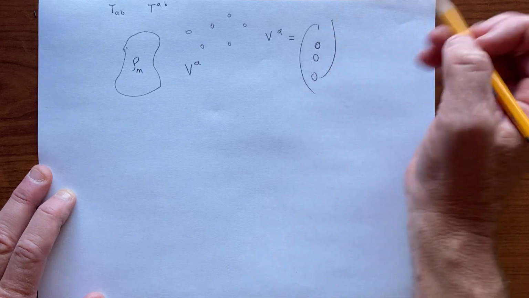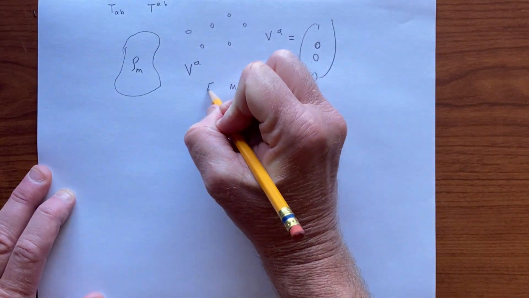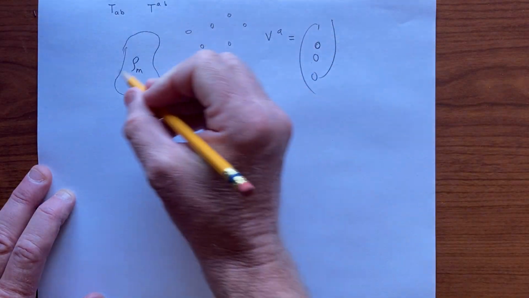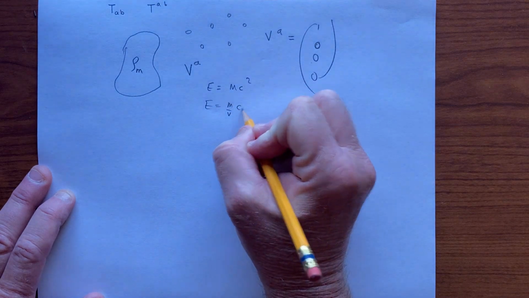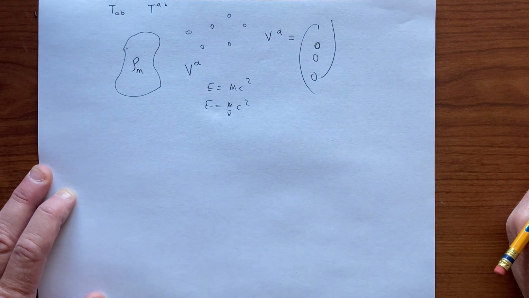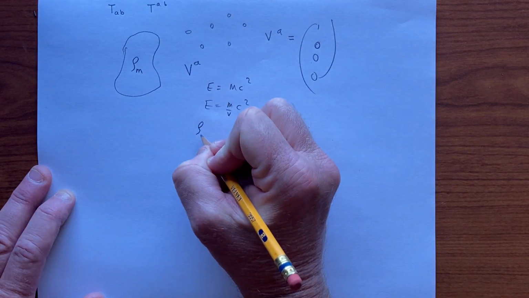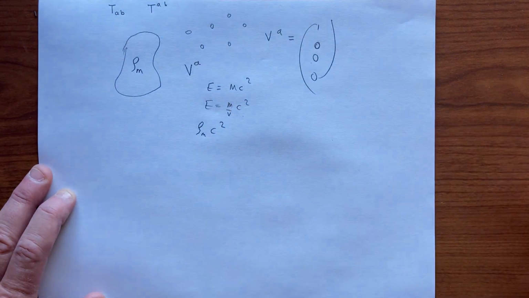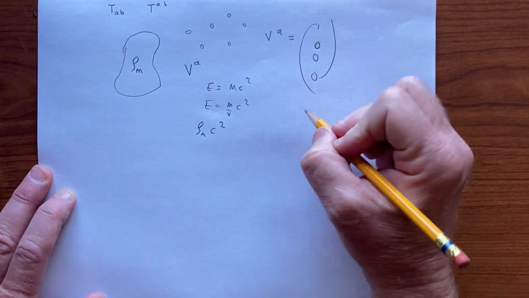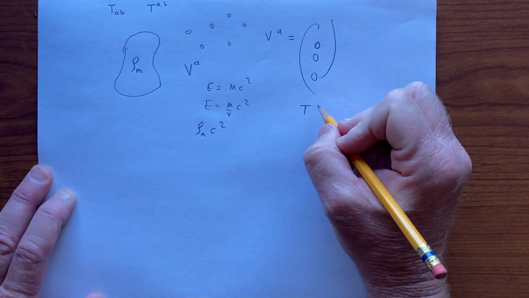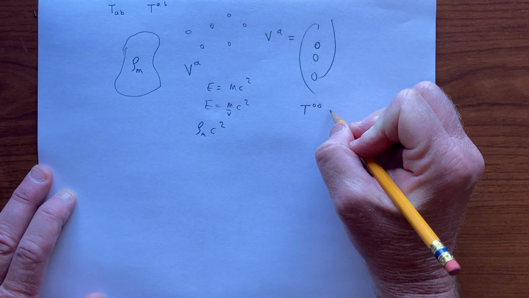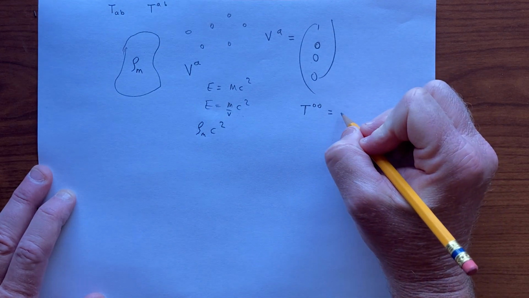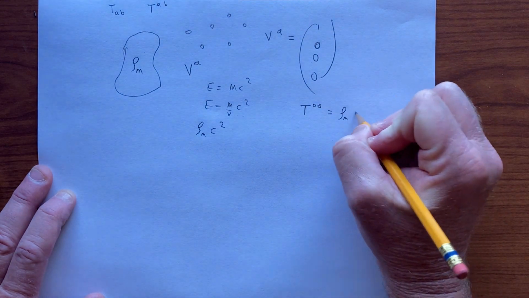We want mc² energy kind of thing, but we're talking about density, so we have an m over volume c² kind of object, and so that's a density rho_m c² kind of object. And so we can say T^00 is built out of these objects here, should look like that,